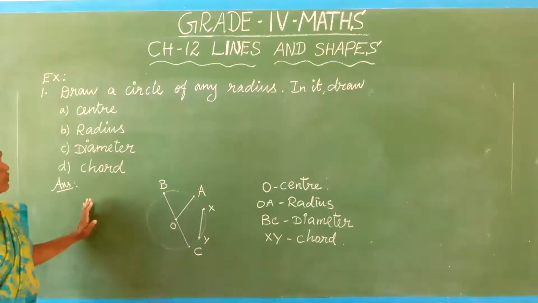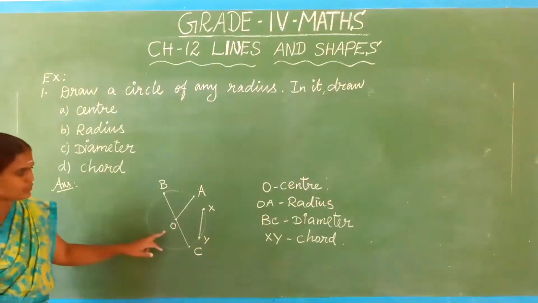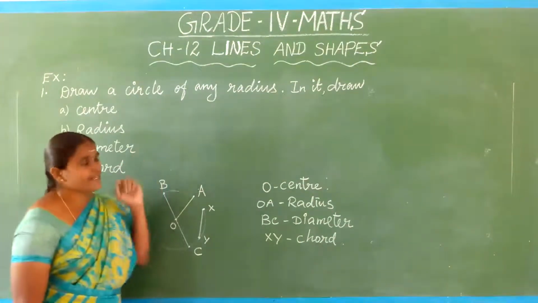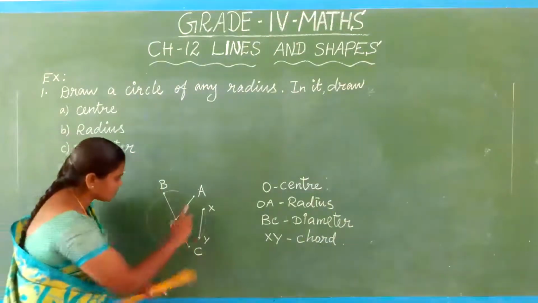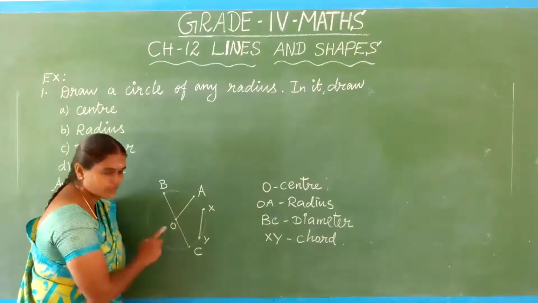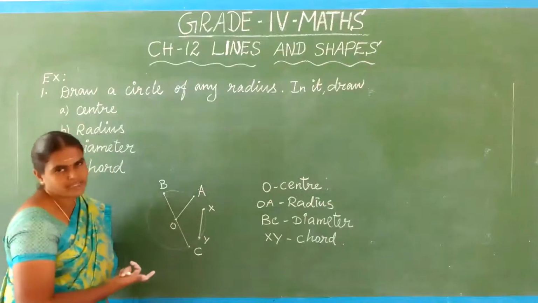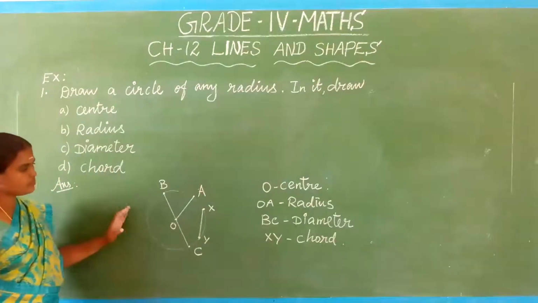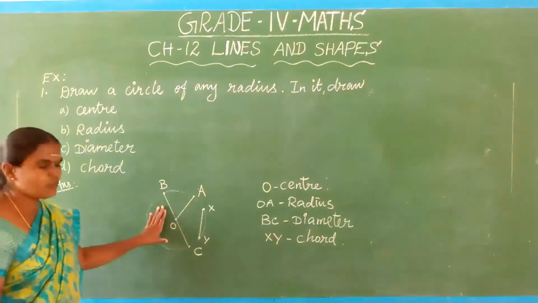Okay. So this one copy in your classroom note. Use pencil, you draw this one. Okay. So suppose radius take 5 cm means you measure this OA, we get 5 cm. Like OB also 5 cm, OC also 5 cm. Okay. So copy in your classroom note. Use pencil, draw this one.